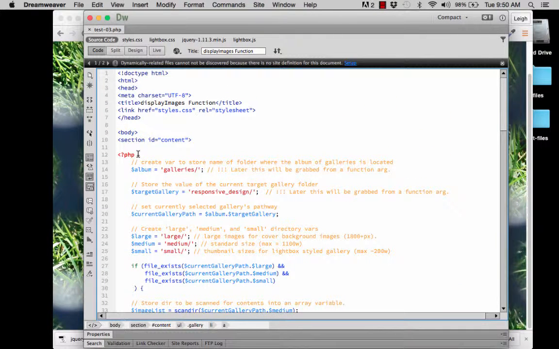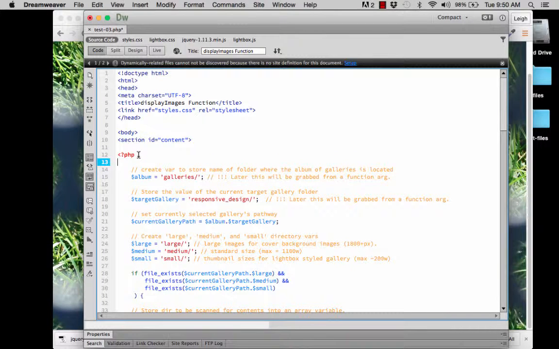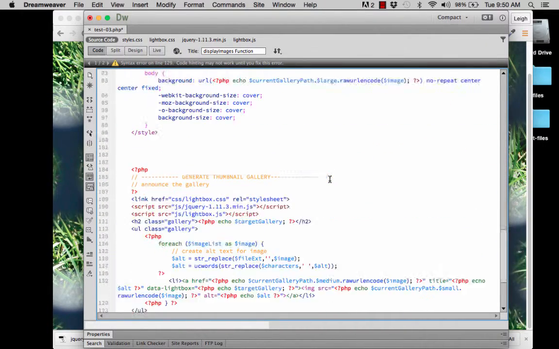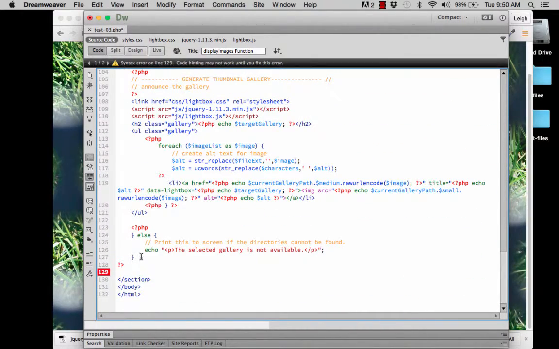So we're going to go to the top of the script here, and the easiest thing that we can do is just right after the initial PHP tag, we can go ahead and declare the function like this, and we're going to call it displayImages, I'm doing camel case, like this. And then we do an open curly brace, and then at the very end we'll come down to the very bottom